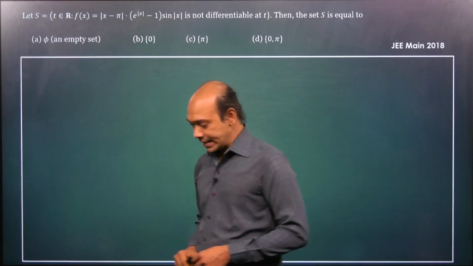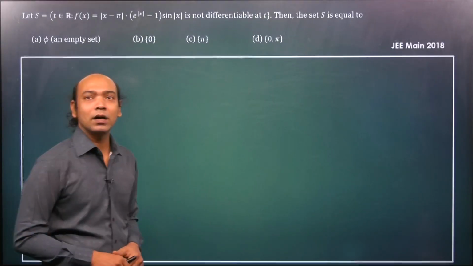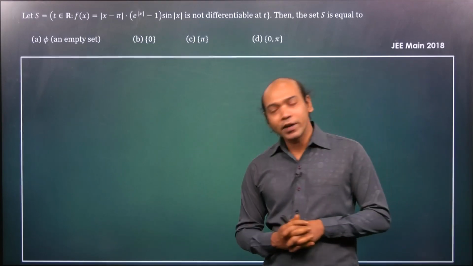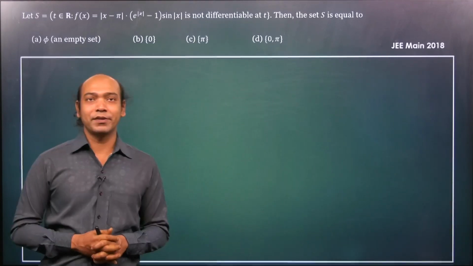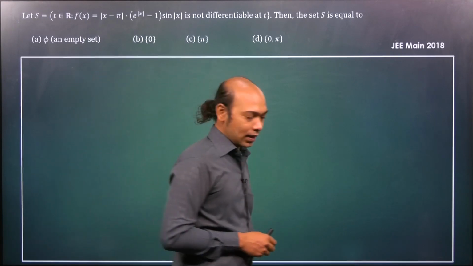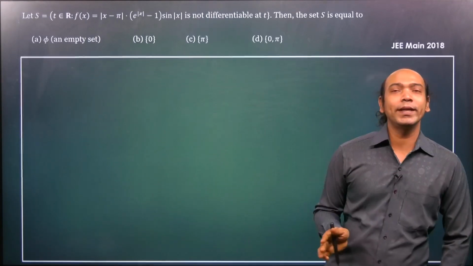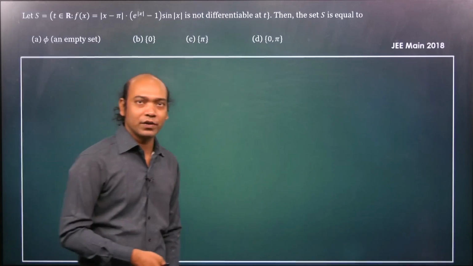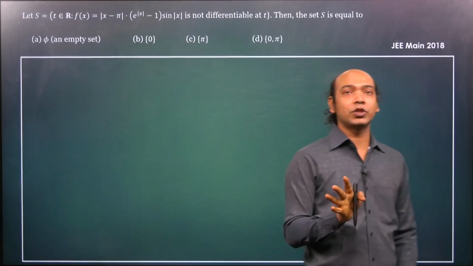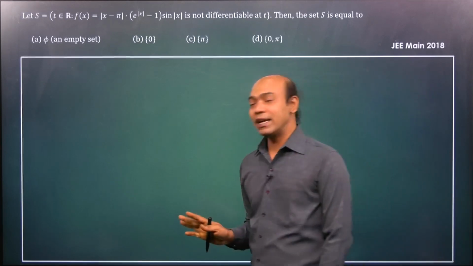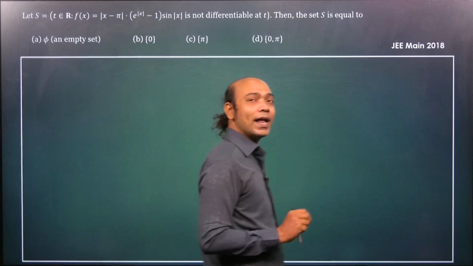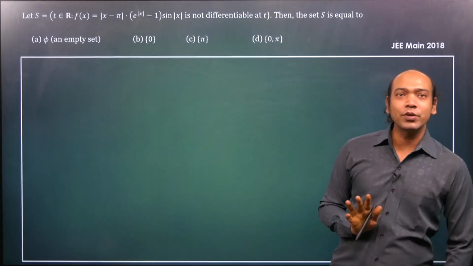Hi all. See this problem, it came in the year 2018, which talks about the test for differentiability at some particular points, right? Now see why I say that particular point. The function deals with the modulus function, sine function and exponential function. Now if I remove the mod function, then the function is obviously differentiable because there is no discontinuity and all. So the only points we have to test are x equal to pi and x